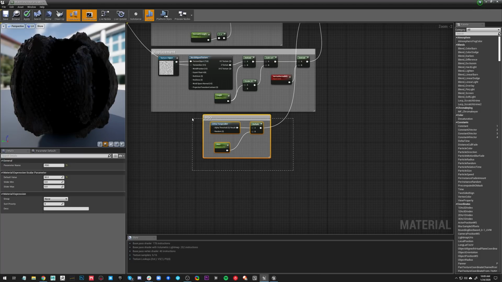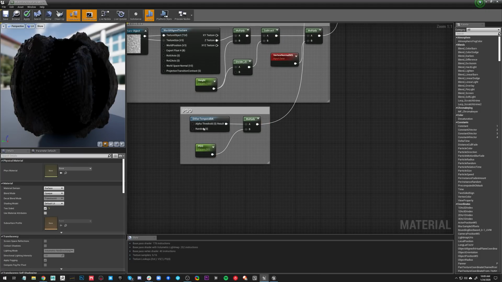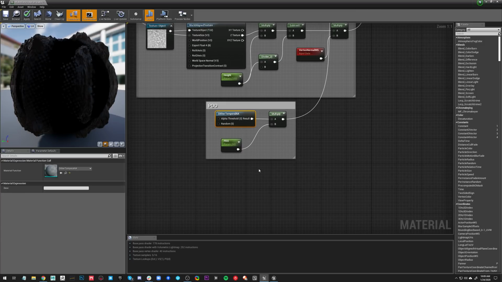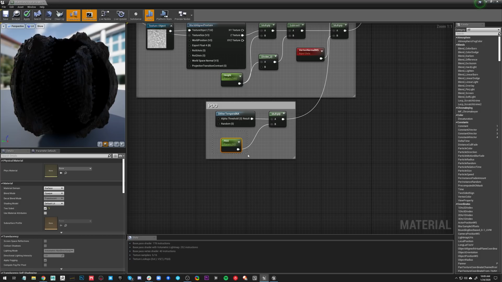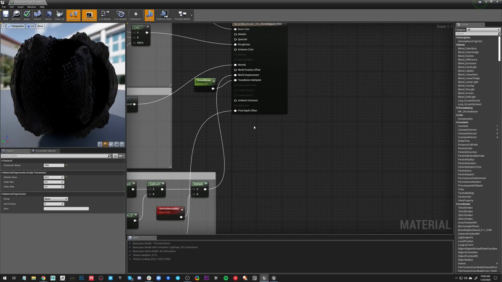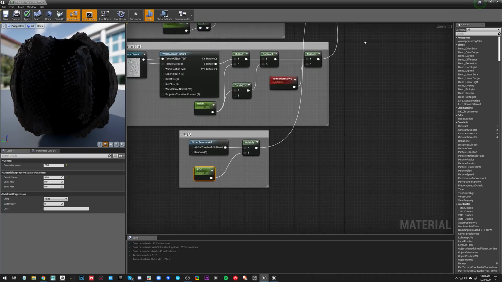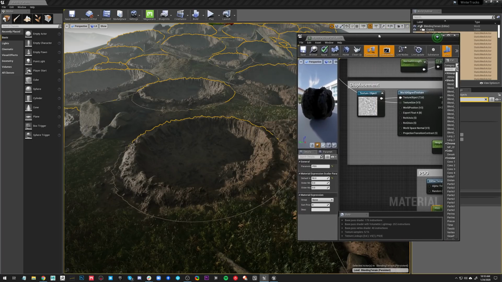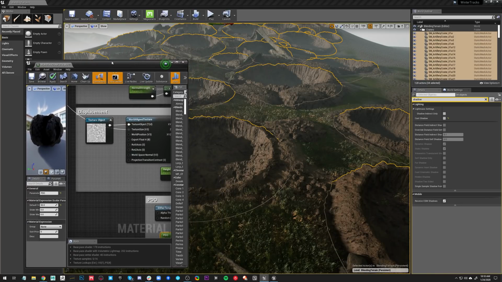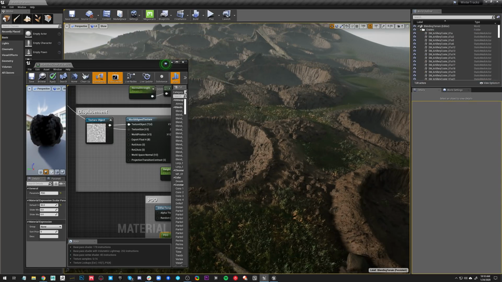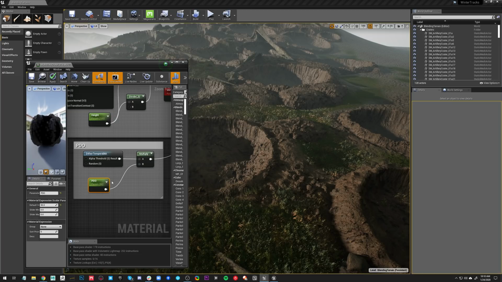Then we can just add this little section called pixel depth offset, and all we have to do is add a dither temporal AA node and multiply that by a constant value, and then we're just going to route that into our pixel depth offset input here, and that's going to allow us to dither our intersections wherever this mesh intersects with the terrain or some sort of other object. It's going to start dithering around that edge. And you can see that effect here.